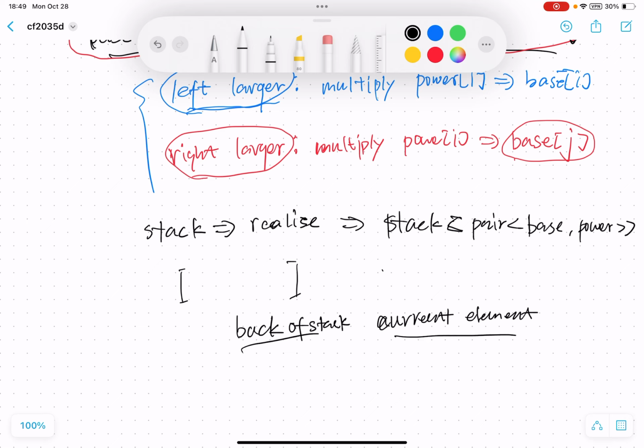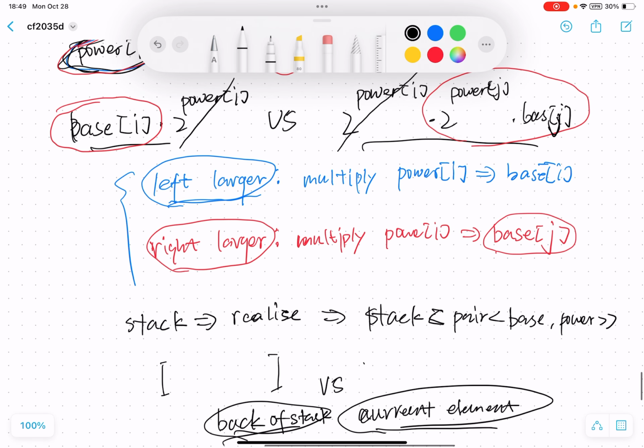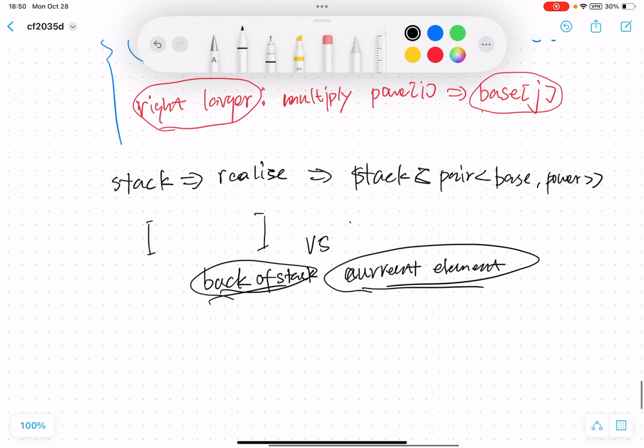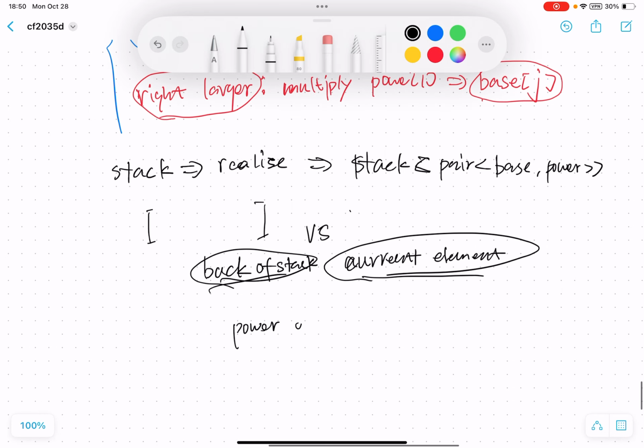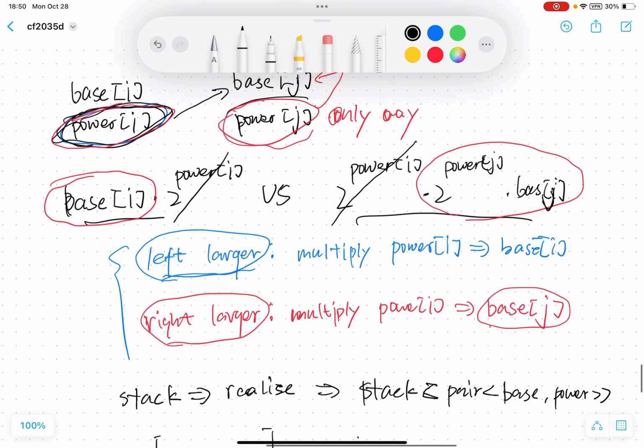We need to check which is larger, which is better, where we need to add the power of the back of the stack. That means if we should multiply the power of back into current value,